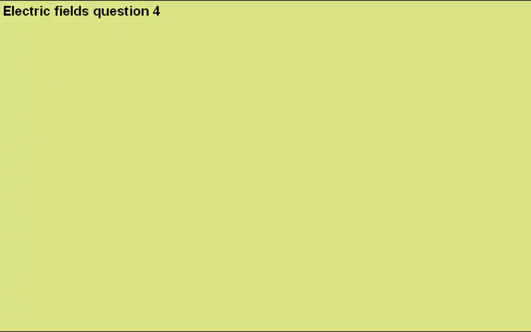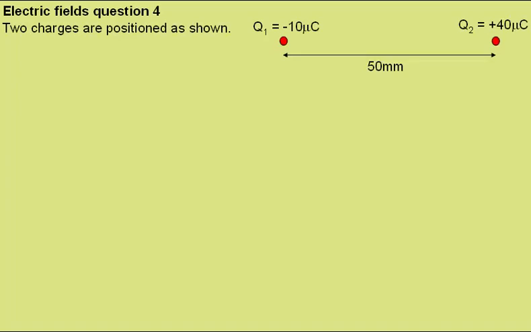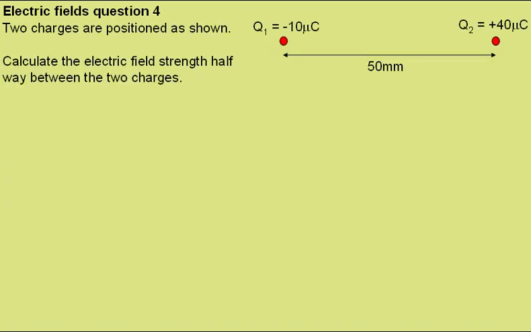Electric fields, question 4. Two charges are positioned as shown. Calculate the electric field strength halfway between the two charges. Well, this is very similar to question 3, but now we have a negative charge here and a positive charge